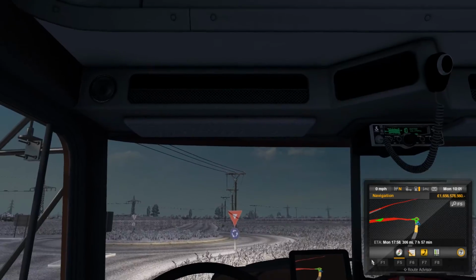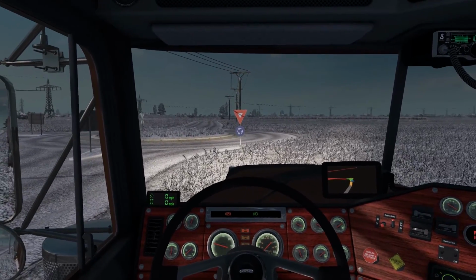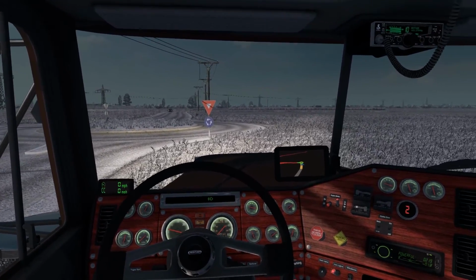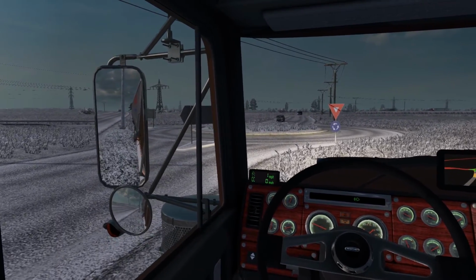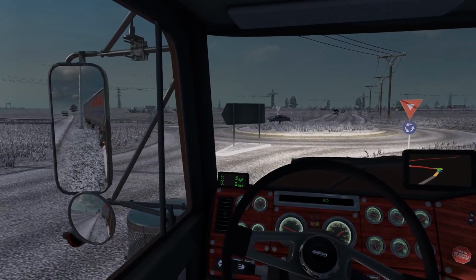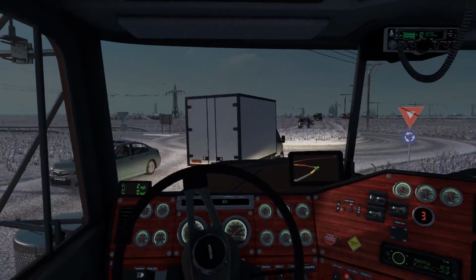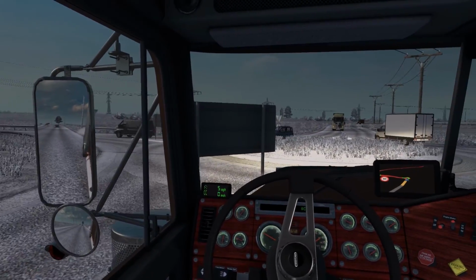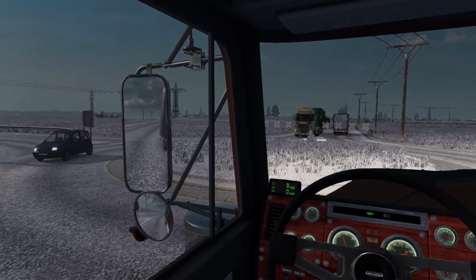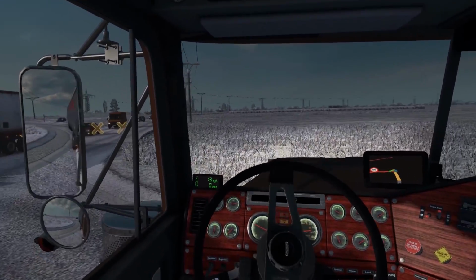But I think that's enough of me going on, so let's remove that, put it in gear. See the gears on the right there, put it in third. It's a 10-speed box in this truck at the moment, but as I did with the American truck last week, which was the Peterbilt, I believe, 389, I will show you the engine list, what you can get inside this truck. So I think it comes with a...